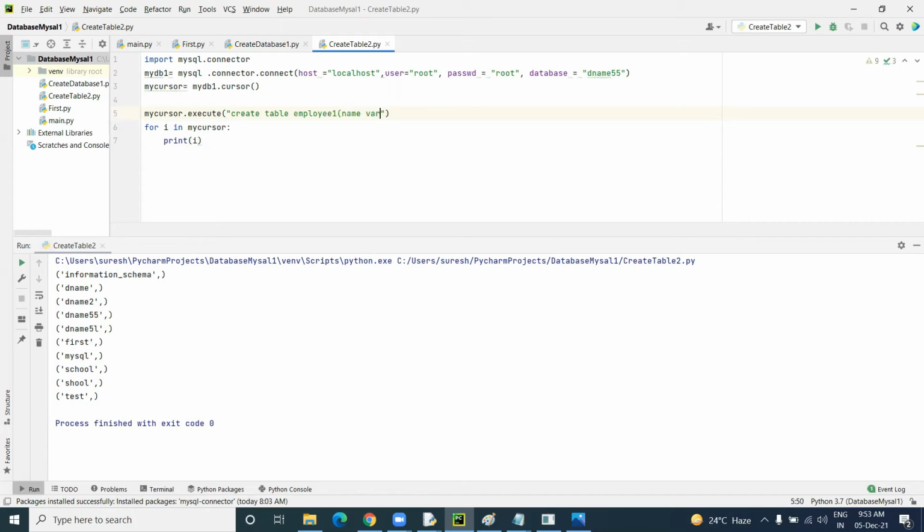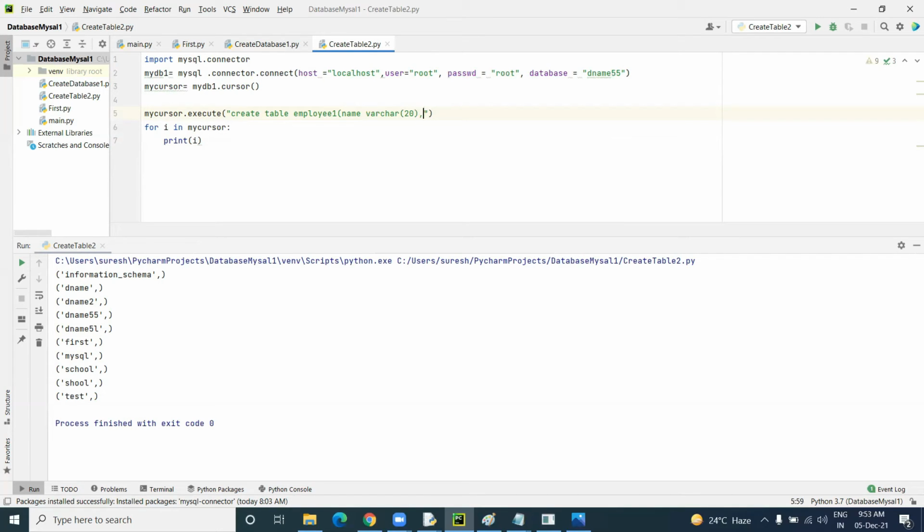So here varchar is nothing but a keyword, it defines how many letters we can pass. Based on that, we use the character size. Like I want to pass the name Harish Kumar, so based on how many letters there are, we can set a limit. I just use a maximum limit of 20, so up to 20 characters only we can pass.